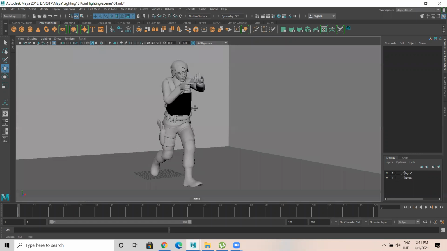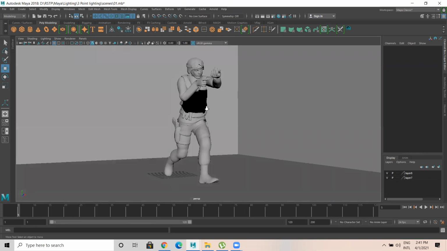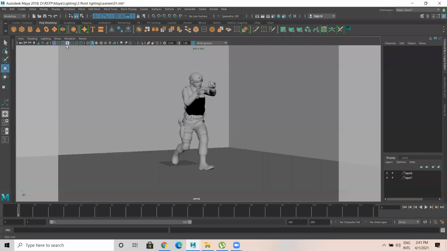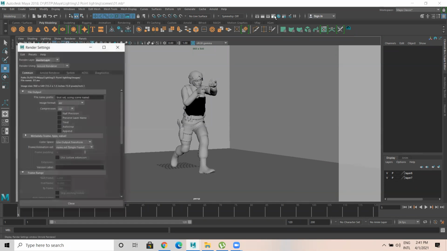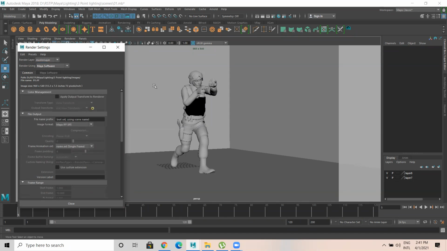Let me place a camera. I'll click on this resolution gate, and in render settings, initially you first choose Maya Software.